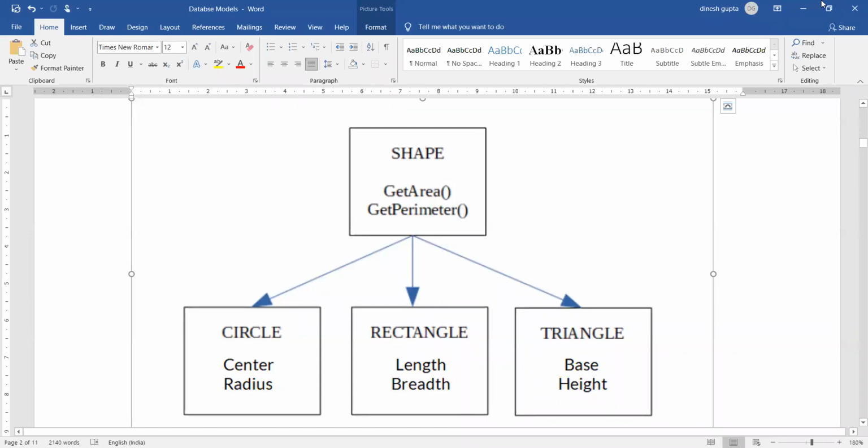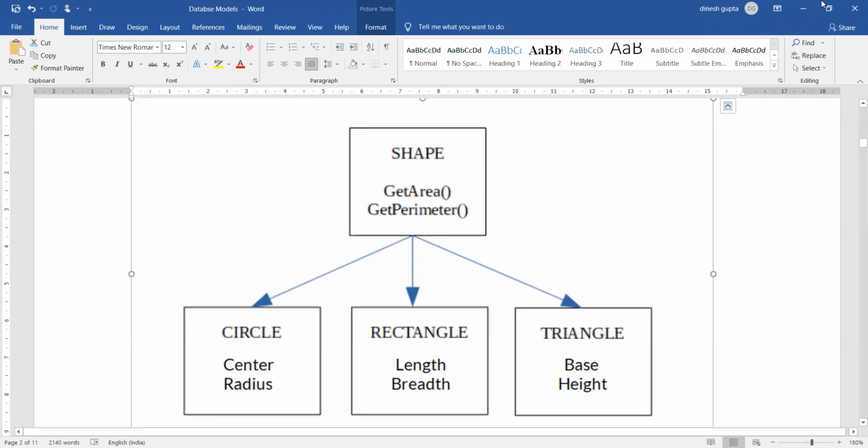these three classes at the bottom share is that they share the same behavior, which means all have an area and all have a perimeter. So they might not share the attributes, but they share the behavior. Obviously, how to get the area and perimeter, their input is different, so that means their attributes are different but their methods are the same.